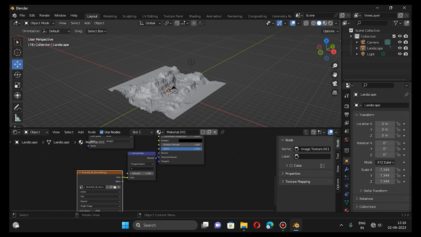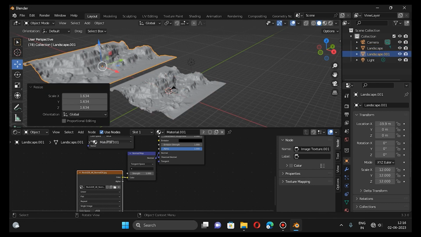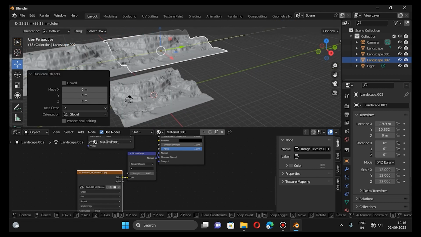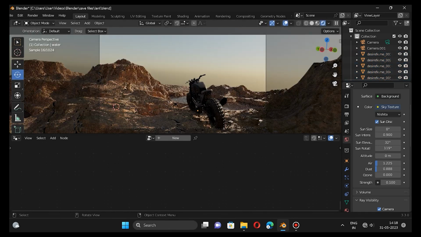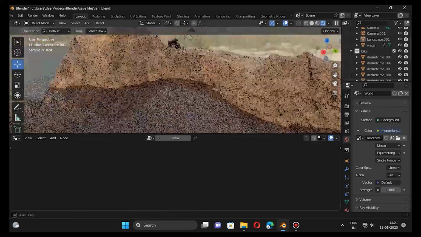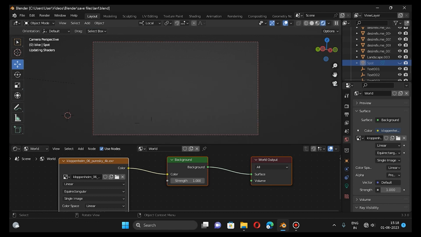Okay, now I'm going to duplicate this thing two or three times. Just scale it, position it, duplicate it again. Okay, when we go to the rendered view,